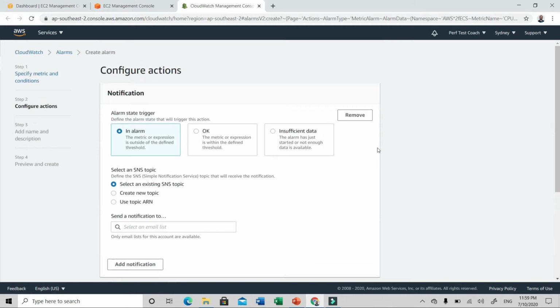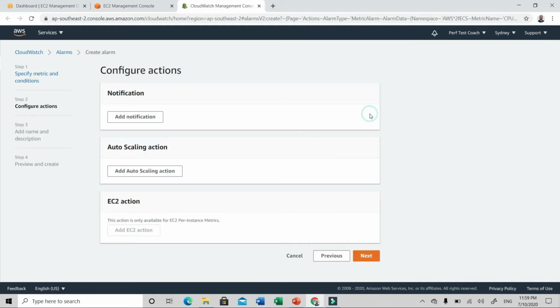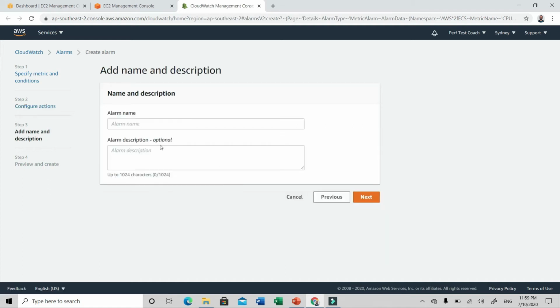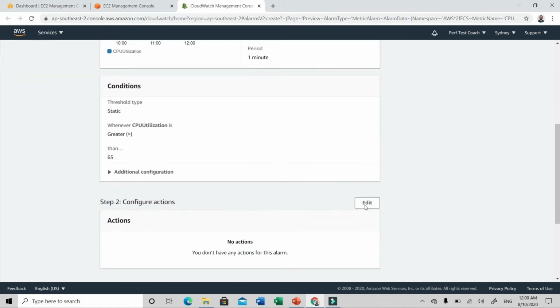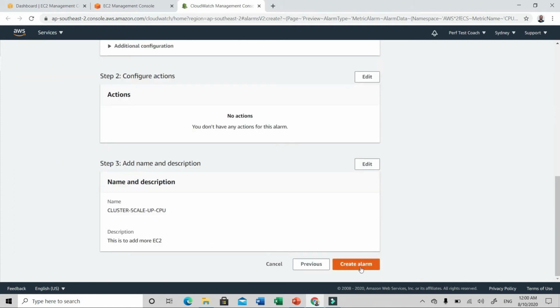Configuring notifications is not mandatory, so I'm removing this. And configuring an autoscaling action is not mandatory here, so I'm not configuring this. Let me click on next. Let me name this alarm something like cluster-scale-up-CPU, and let me give a description something like this is to add more EC2. Click on next. You can review your configurations, and if you're happy, click on create alarm.